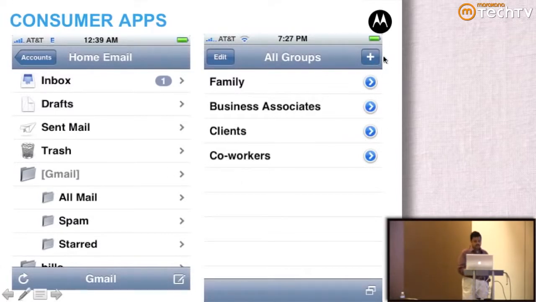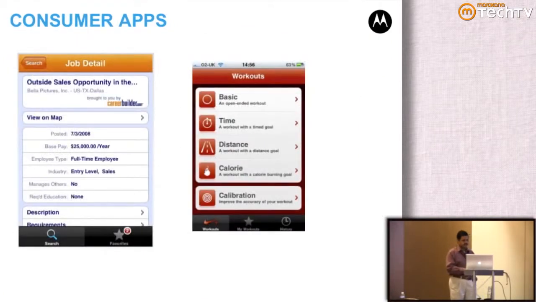The other kinds of things are very intuitive actions. When you look at the plus button, you know that you are adding something. And when you look at these right arrows, it intuitively tells you that it is something that is clickable, and when you click on it, it does something. Again, there are different kinds of arrows, each one meant to convey a different sense of activities that you can perform.